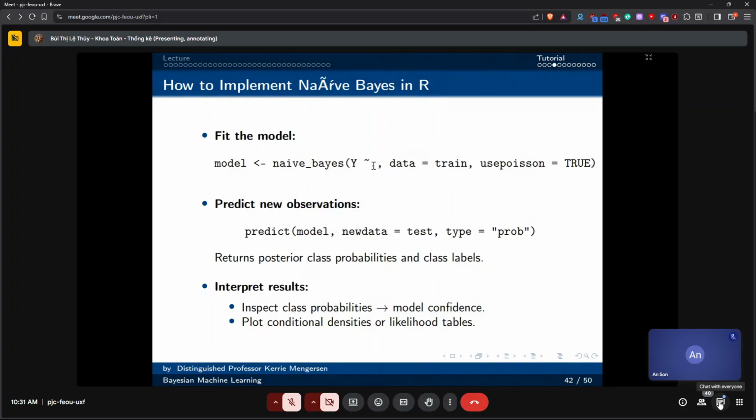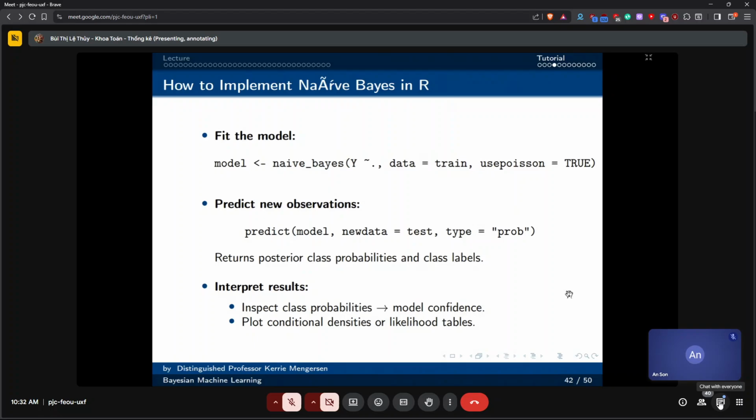Okay. So then you tell it the data, and you can use this command, use Poisson equals true if you wish. It's just a way of displaying the results. In my code, I didn't use that, but here you can see there's an option to use this. If you're using the word count example, the spam data set example, then it will display the number of items that will be in each of the groups as well.